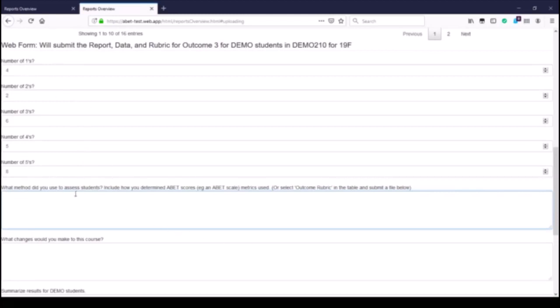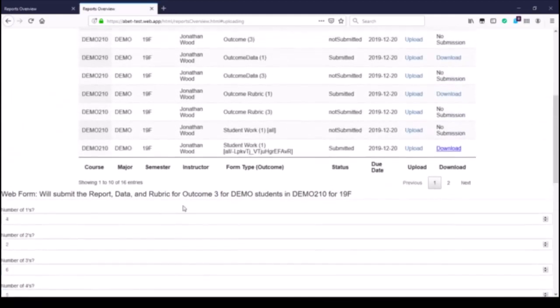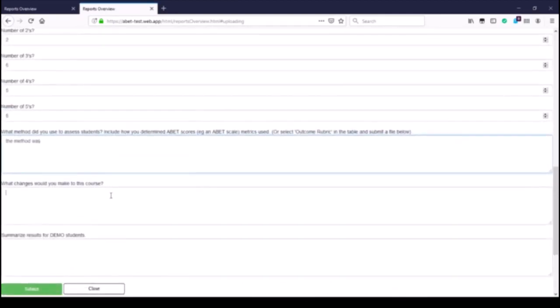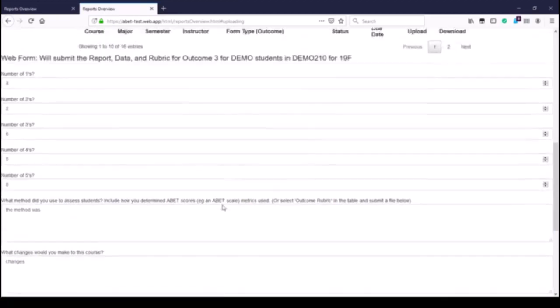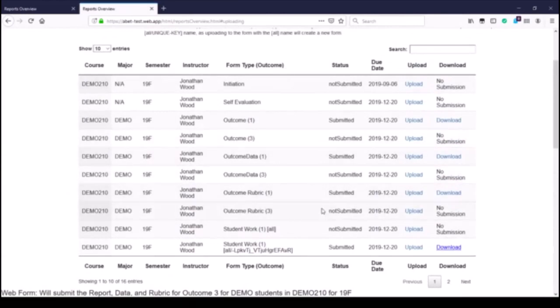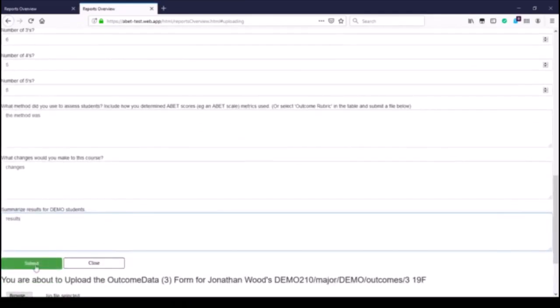You can either write out a description here, or after doing this you can select outcome rubric and upload your own custom rubric or assessment directly. Either way, you'll also be asked what changes you would make to the course, and summarizing the results for the demo students, so giving your general assessment. This, alternatively, can be submitted separately as an outcome report. But by submitting these all as one,